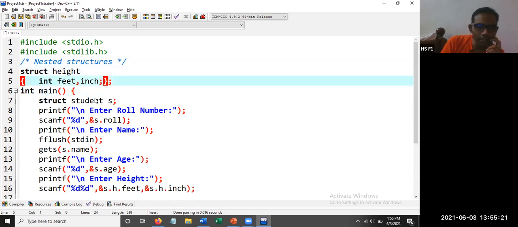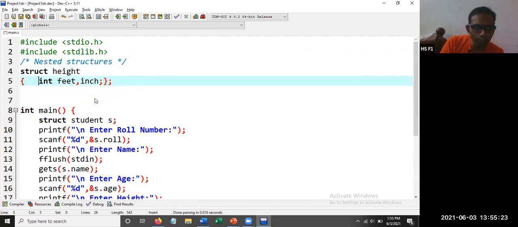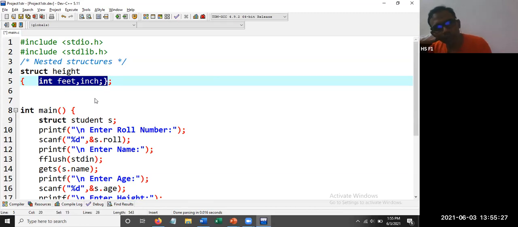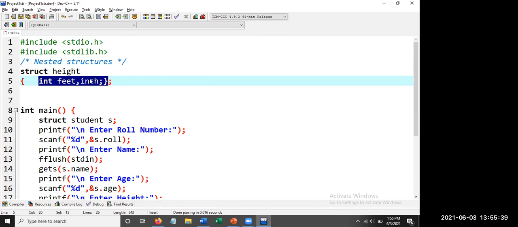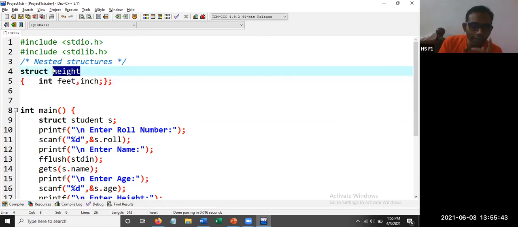Can you give me one more example which is having the limited scope like this, integer, feet and inch? Can you give me one example? We'll go with that one instead of structure height. Now let us go with this structure. Time, okay, time we have seen. Let us go with date of birth.